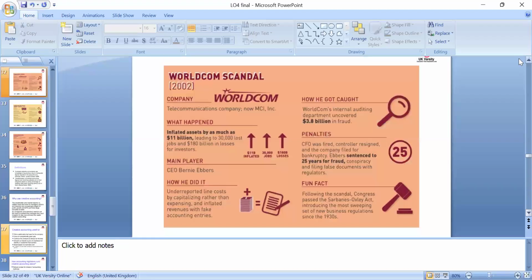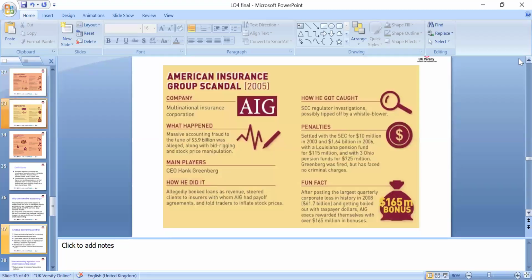Okay, then please, we look at the world telecom scandal that we need to look around. That happened in terms of also manipulating the creative accounting. American insurance company, which is a group scandal, that's also is